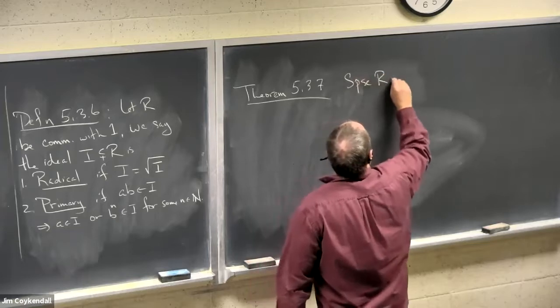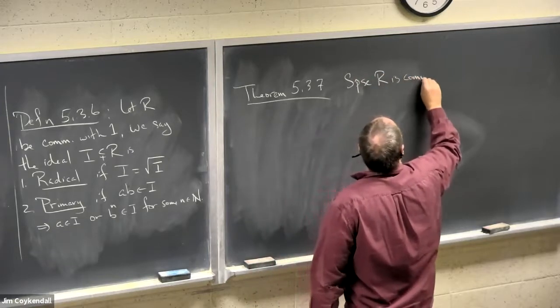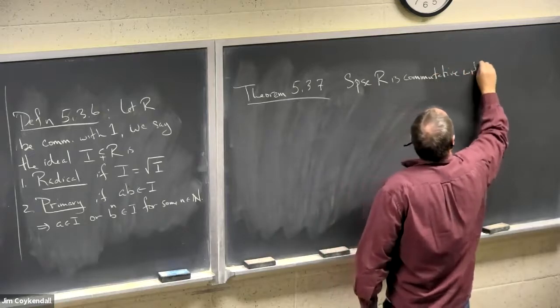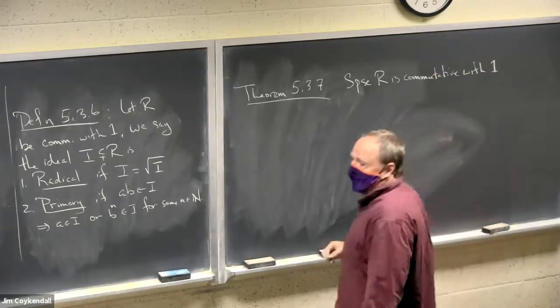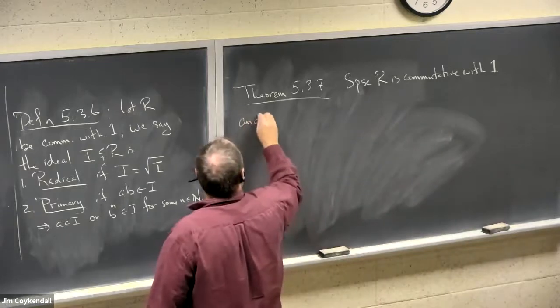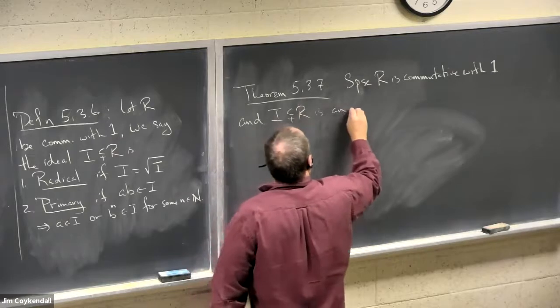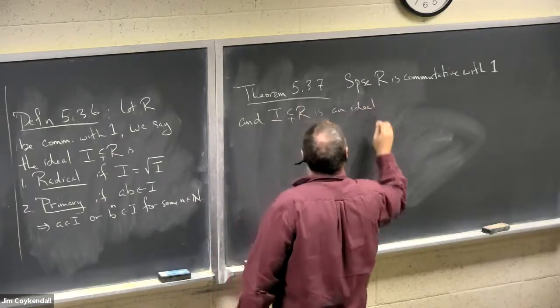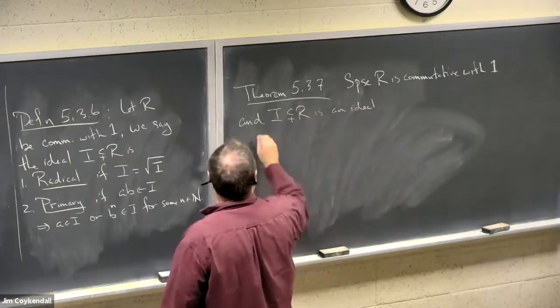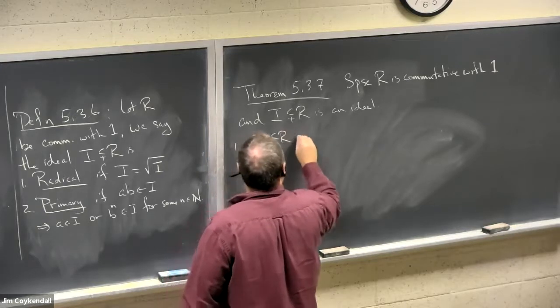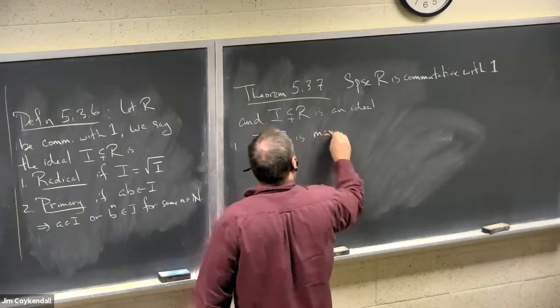Let R be a commutative ring and I an ideal. Number 1, I is maximal